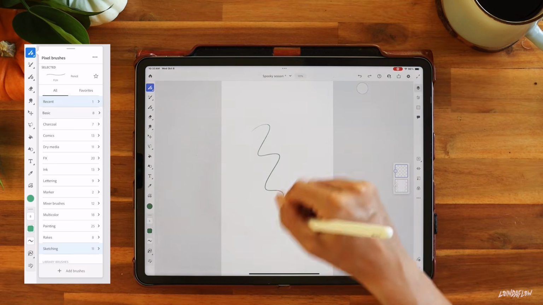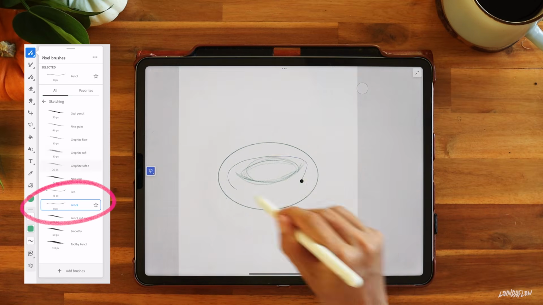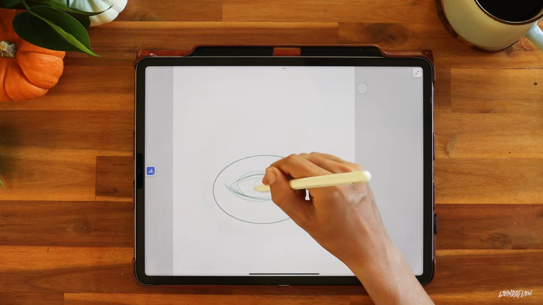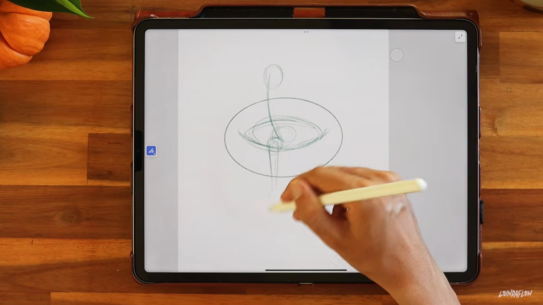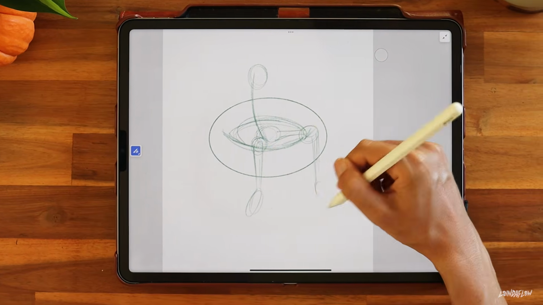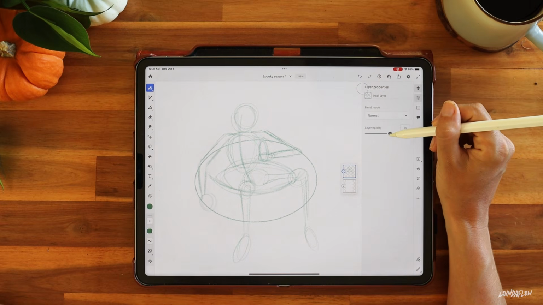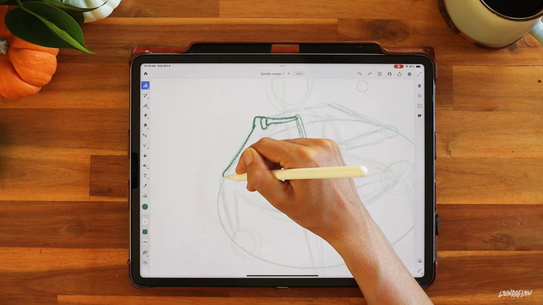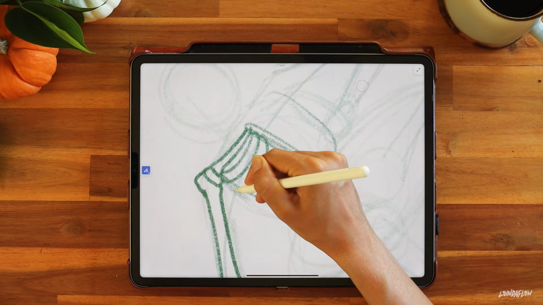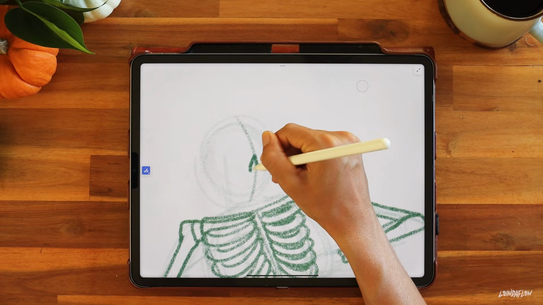As always, I'm using the pencil brush, which you can find in the sketching category of your brush library. And this is how all my sketches start. I tend to not follow all the typical sketching rules that you might learn in art school, but for drawing characters or skeletons, it really does help me to map out some circles to get the composition right. So I'll usually lightly sketch out some lines and circles connecting the head and the rib cage to the hips and knees and feet and the arms and the elbows and the hands, and that just helps me have a